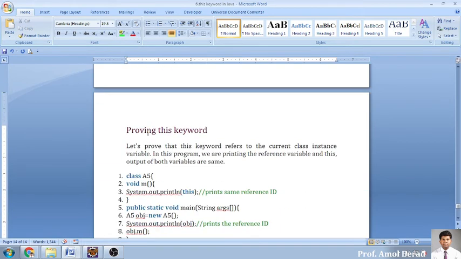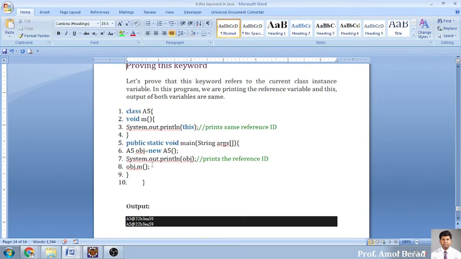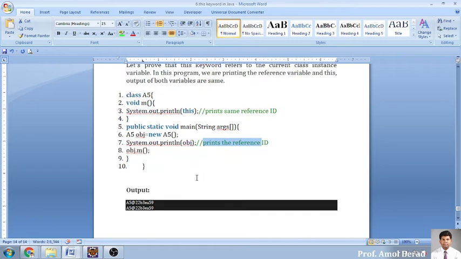Now the second one is proving this keyword. You can go for very simple examples, that is a main function with some text part, and you are creating an object of the class. You are displaying the object, that is you are printing the object. How it has been displayed, you just check it. It is like this, and you can call the object, and you can transfer this object to the m function. You are also displaying this one.